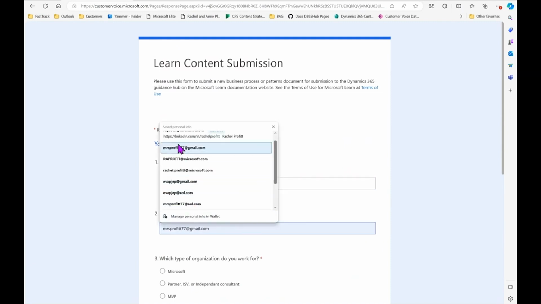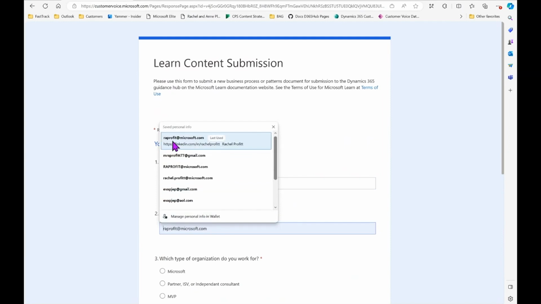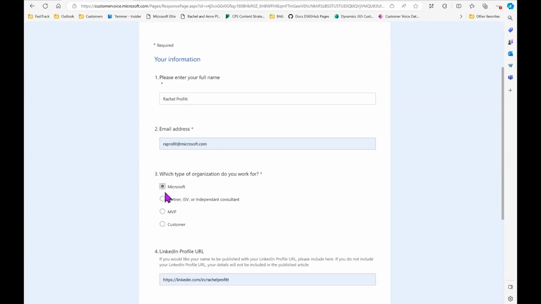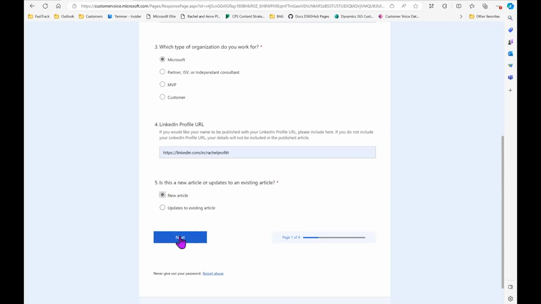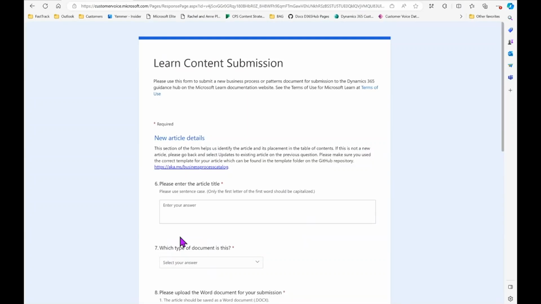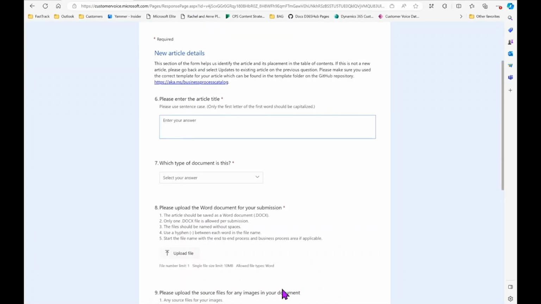I'll enter in my email address. I work for Microsoft. I've got my LinkedIn profile URL, and this is a new article. So I click next. Then again, I'm going to enter in the title of my article, making sure that